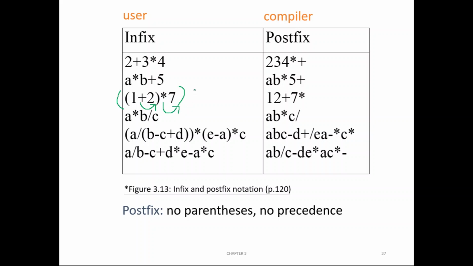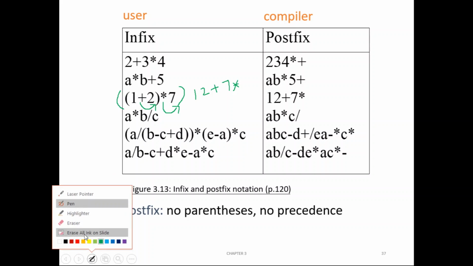So now the result is 1 2 plus 7 star. This is the equivalent postfix notation. Similarly, you can think of other instructions.